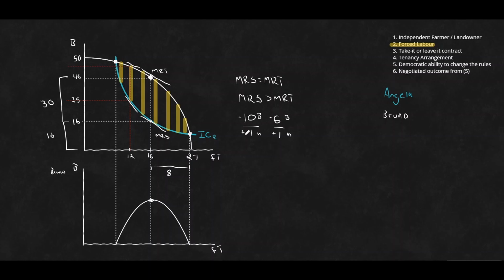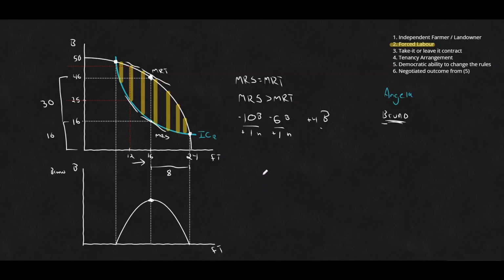So she was willing to get an hour of free time for 10 bushels, but we can give her an hour of free time and only lose 6 bushels, meaning Bruno in this case gets 4 bushels by giving Angela an hour of free time. Bruno wins by giving Angela more free time. So in order to maximize Bruno's payoff, Bruno should provide more free time to Angela, and that is continue until that marginal rate of substitution is equated to the marginal rate of transformation.